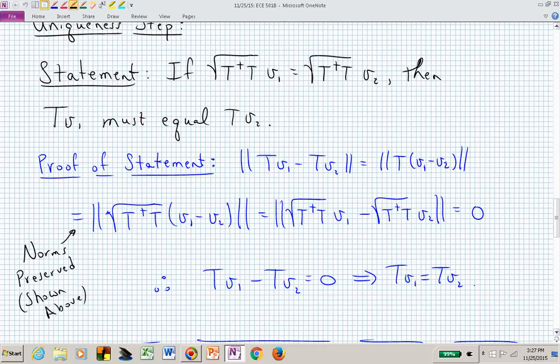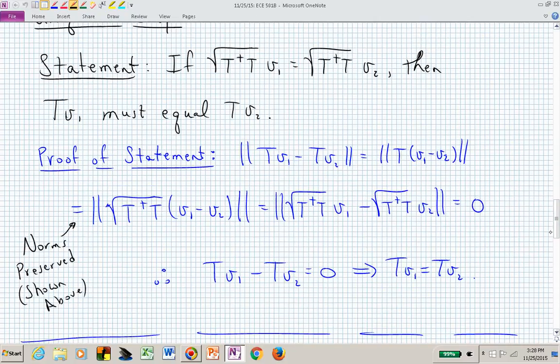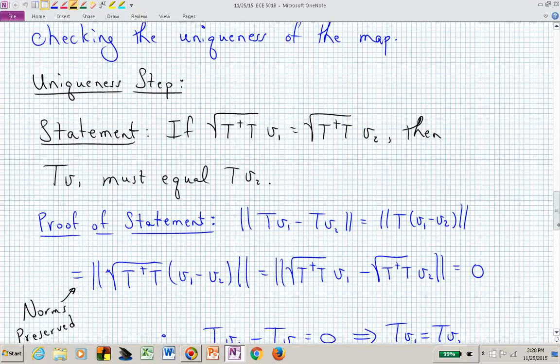We used the linearity property of T. We remembered that we'd already demonstrated that we could preserve the norms between T and the square root of T dagger T, and that allowed us then to replace T with this square root of T dagger T. We could then use the linearity property of that map, and that allows us to conclude that what's inside that norm must be the zero vector, which now says that if that's the zero vector, we can add TV2 to both sides to produce TV1 is equal to TV2,